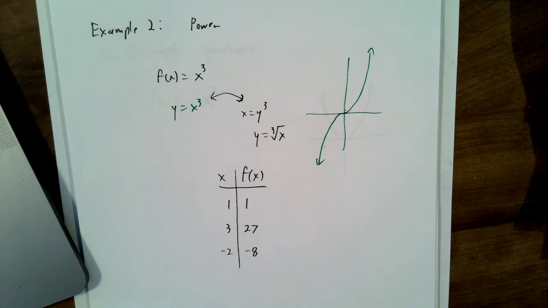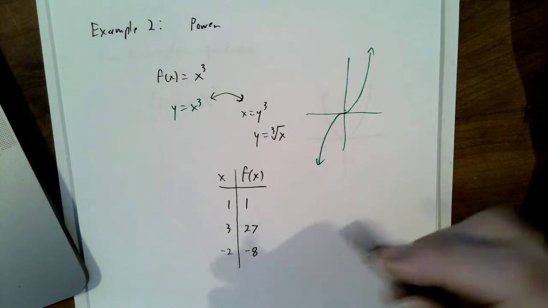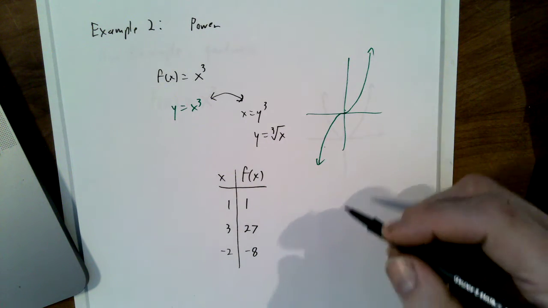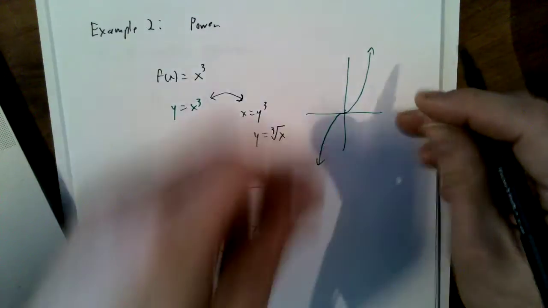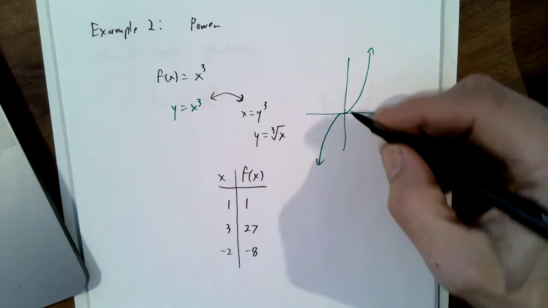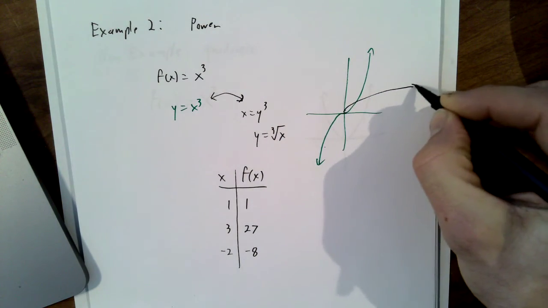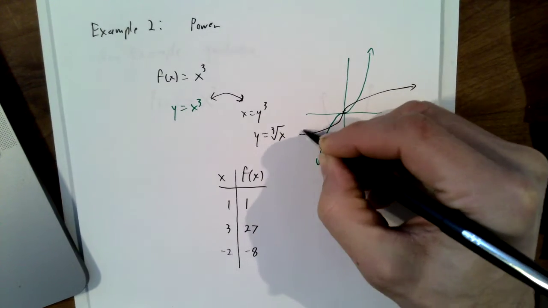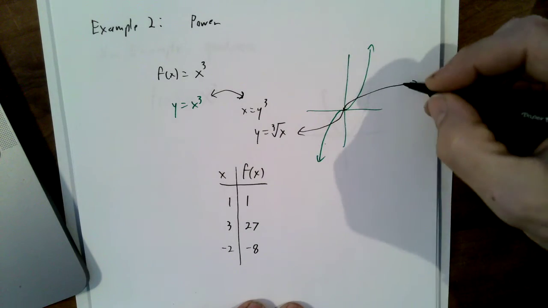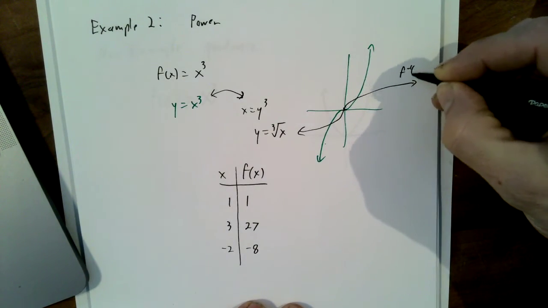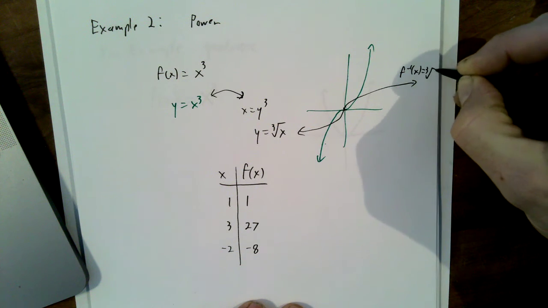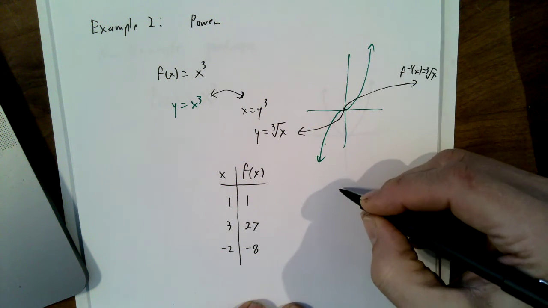That cube root function is not as familiar a graph, but it's going to be this kind of shape. If you take the x and y and twist them around, this positive part is going to go this way, and this part is going to get turned around that way. That's what your cube root function looks like. F inverse of x is the cube root of x. It goes through points like